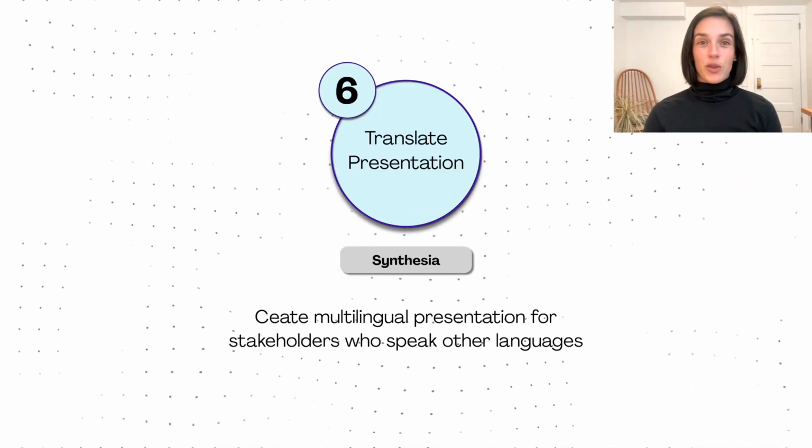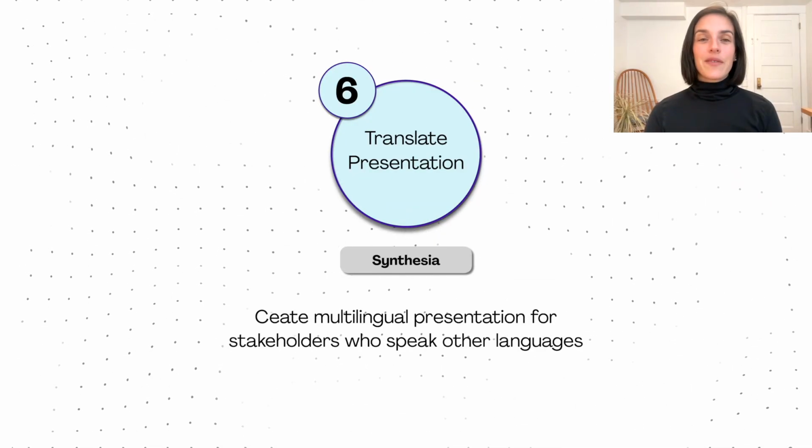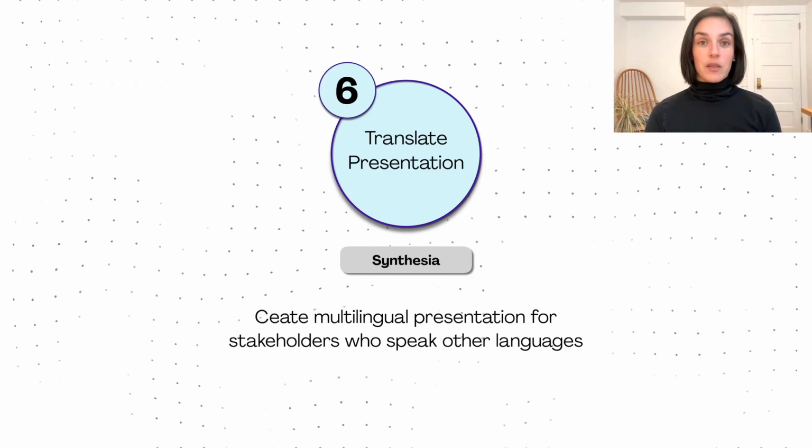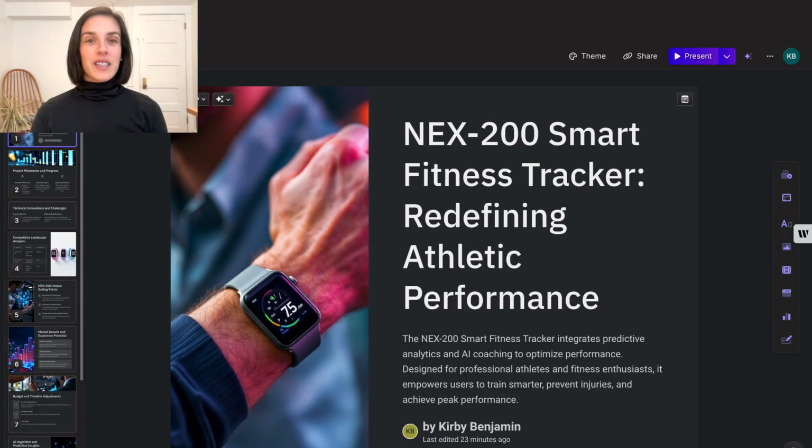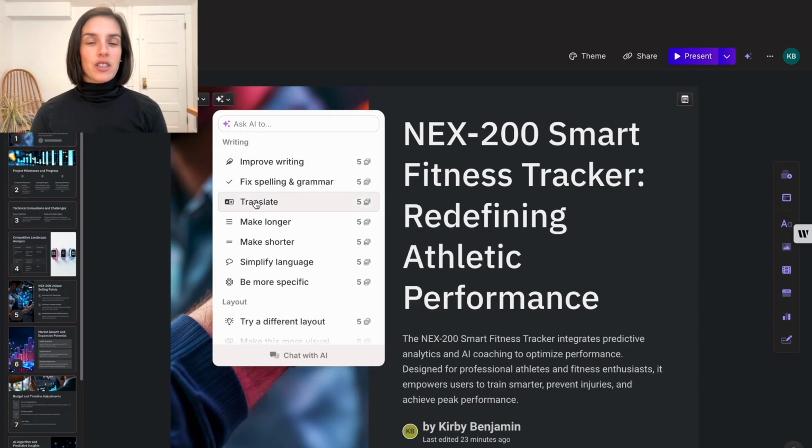Step 6, translate the presentation. If we have stakeholders who speak other languages, we can create a multilingual presentation. If this step is applicable to your project, we'll go back to Gamma to first translate the presentation deck. So if you click on the little AI star on the card, it'll give you the option to translate each